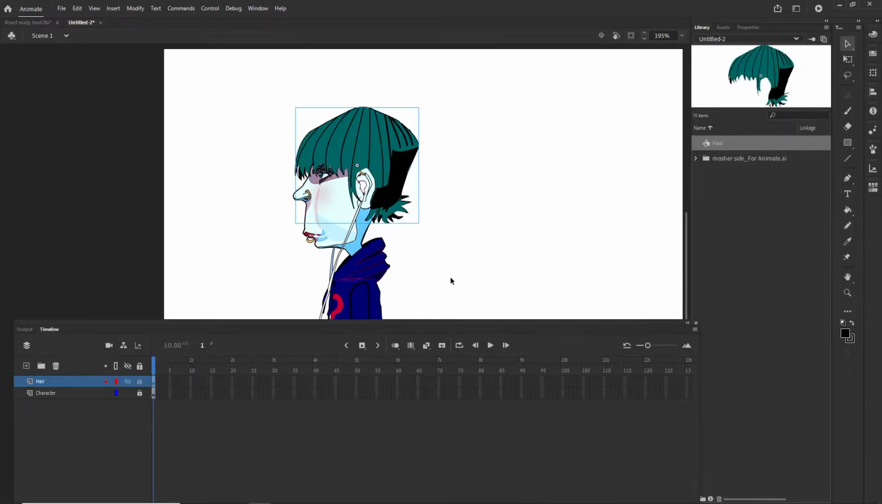And then to use the Asset Warp tool, we're going to double click on that symbol now, and if you look in the top left here, it tells us we're inside the symbol because we can now see hair and the graphic symbol here. Alright, so we're inside the hair symbol. So if you now select the Asset Warp tool,